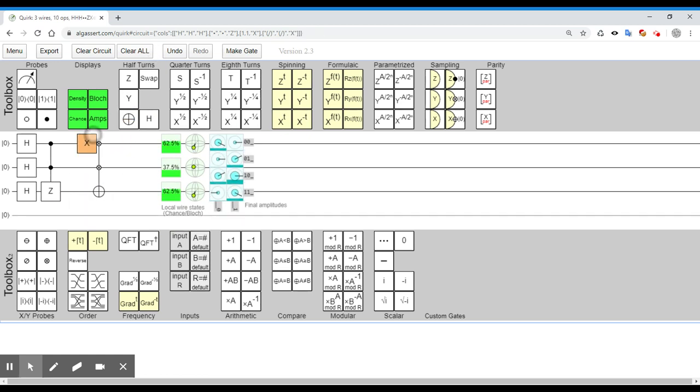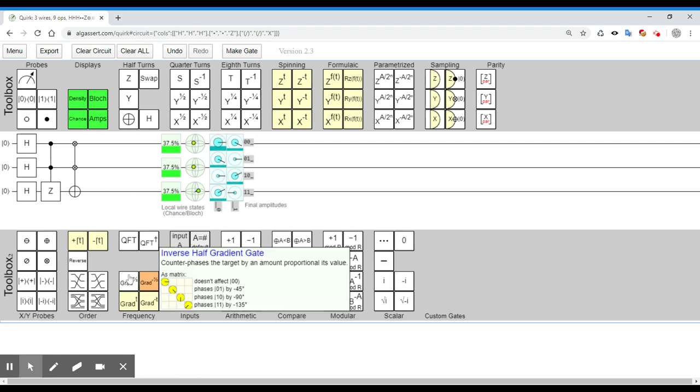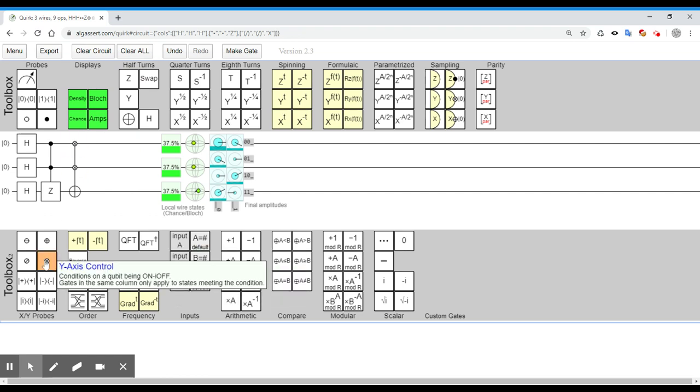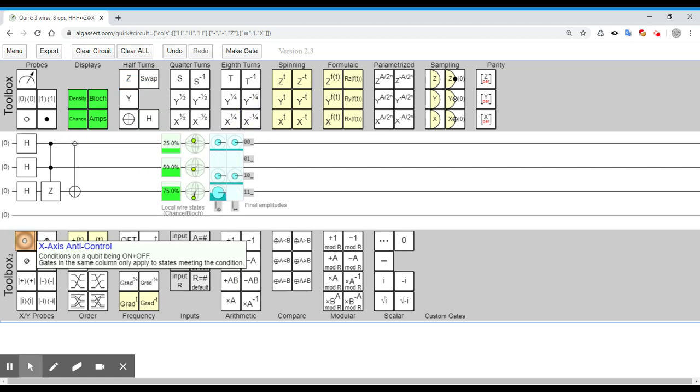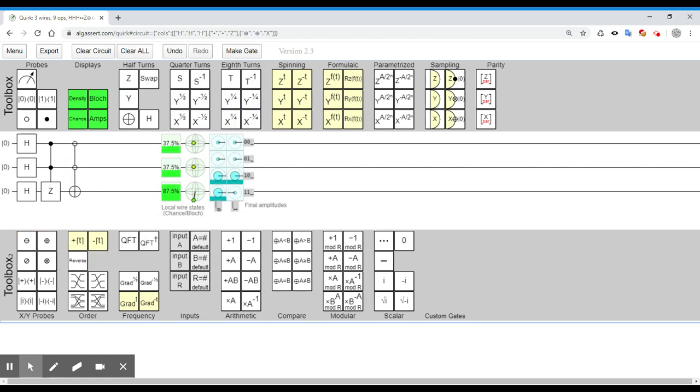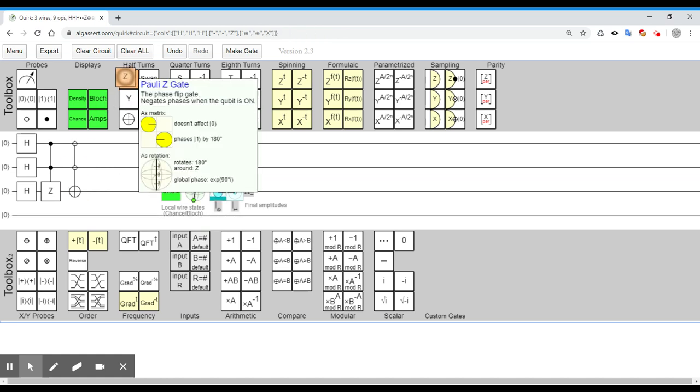No, why doesn't it work? Oh, sorry, that's a y-axis control. I'm so stupid. This is the one that you should use. And is it X? No, it's Zs. It's Zs because you're